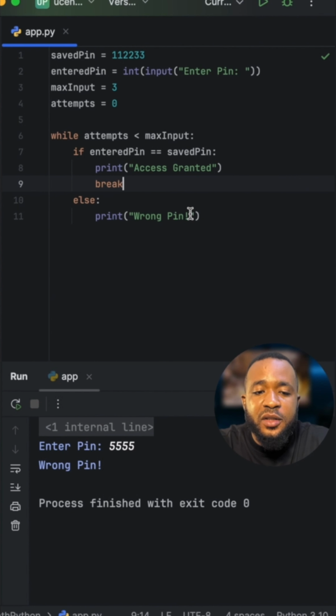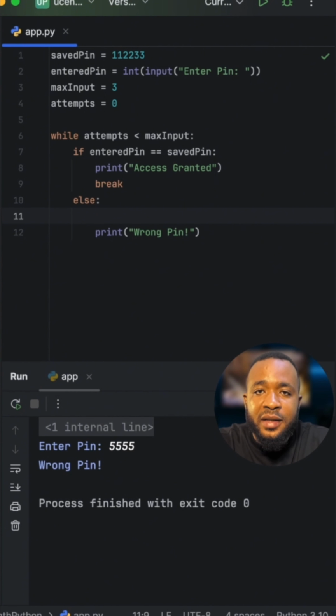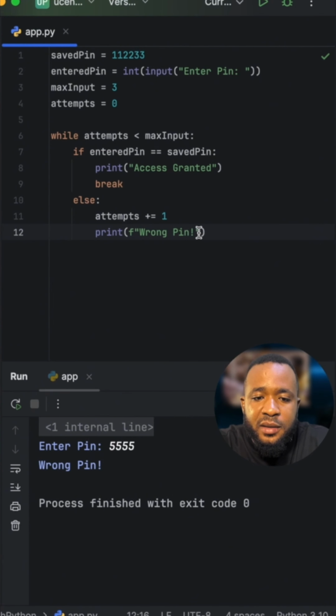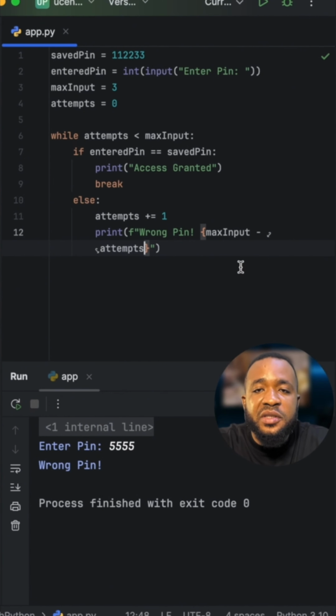Now, to avoid an infinite loop, we have to increment our attempt every time that it runs. I'm going to say attempt plus equal to 1. The next thing is to show our remaining attempt. So I'll come over here and write F, then at this particular place, I'll give space. In curly braces, I'm going to say max input minus attempt because we need to see our remaining attempt as we are trying the password. Attempt